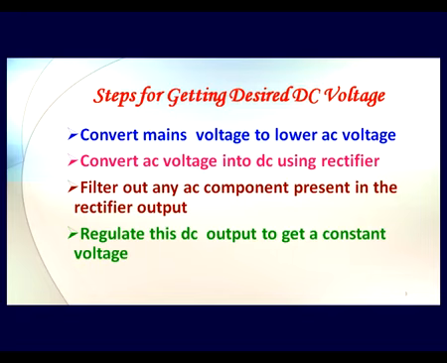Now that voltage that we got from the filter is not regulated. In order to get a constant voltage, irrespective of certain conditions like what is the load we are putting in or what is the fluctuation in the AC mains of our input, we should have a stable DC supply, and for that we use what is called the regulator circuit.